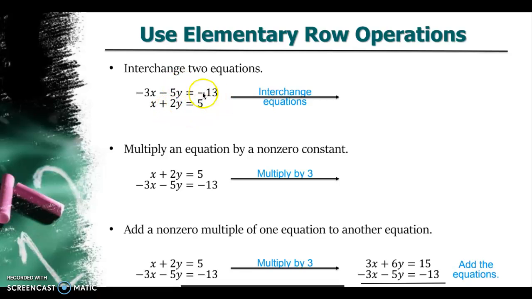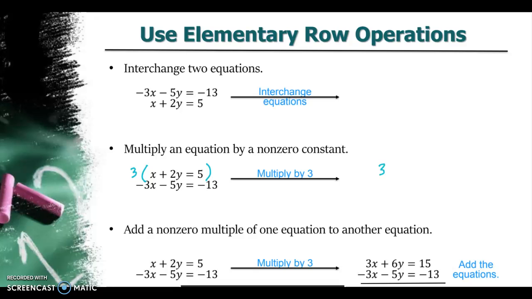Now, it doesn't matter which order I look at these in, right? I could interchange the equations and look at the system like this. So the x plus 2y equals 5 equation is equation 1, let's say. Now, if I multiply by 3 on the top, so I multiply this equation by 3,